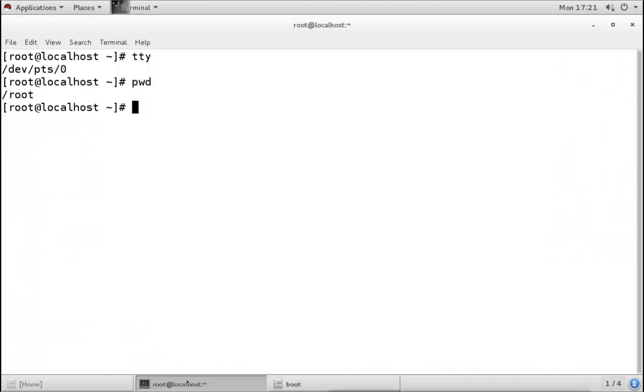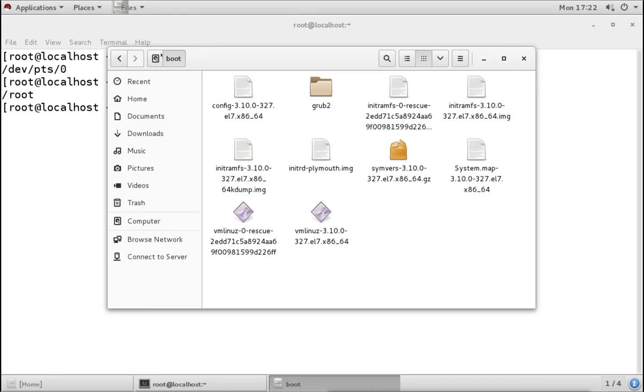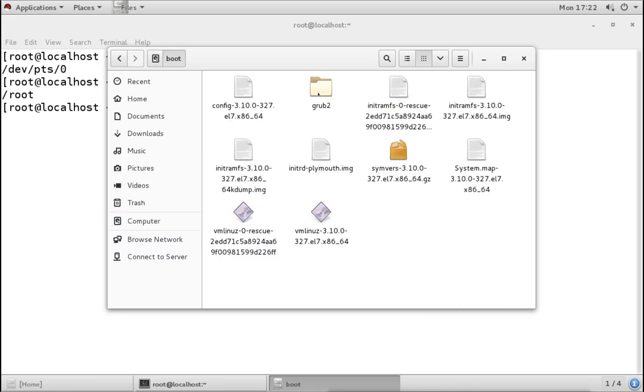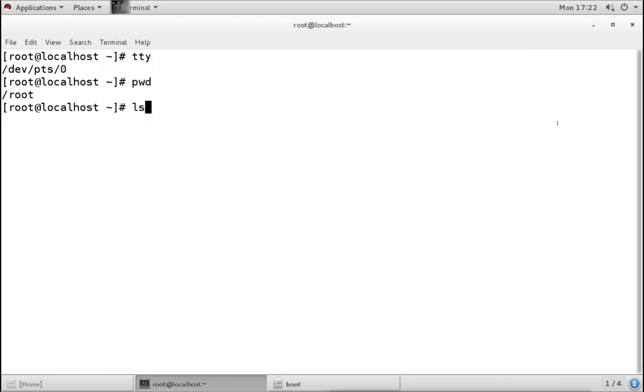For doing it from the command line, we have a command ls. Now ls means listing. Actually, when we open some directory by double clicking on it, what are we doing? We are listing the directory. When we double click on any directory in graphical mode, we are actually listing the directory contents. So that is what the ls command does in the command line. If you want to see what is inside some directory, you will mention the command ls, then you will mention the name of the directory.